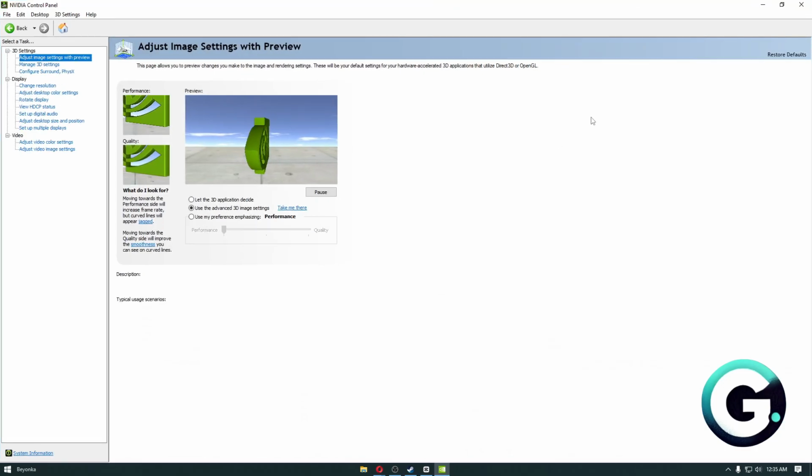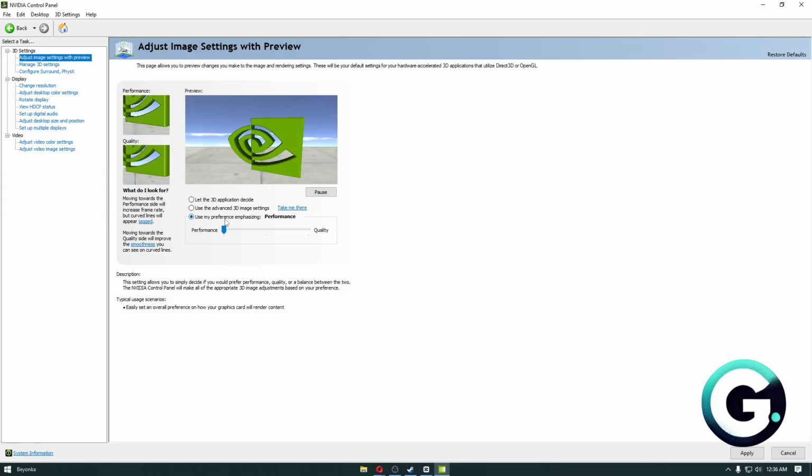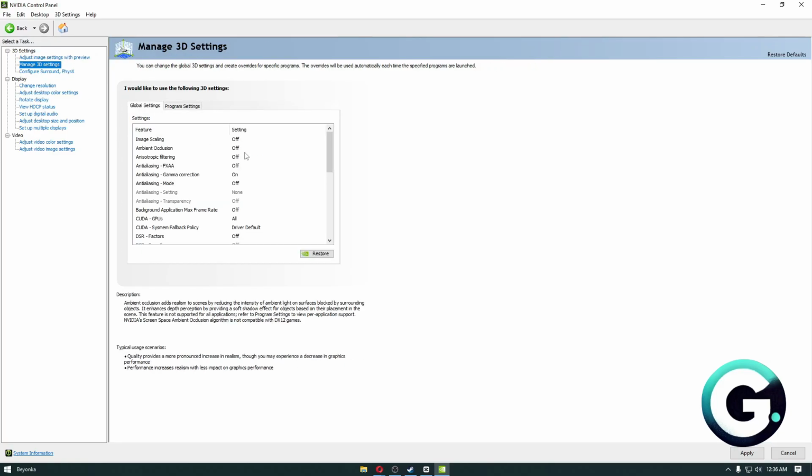So as you can see right here, it's semi-pixelated when we go ahead and set this into performance. Now, since we want the best FPS for our games, you then want to simply click on the use my preference emphasizing, and then you want to drag the slider all the way to the performance option, giving you the best results for FPS. From there, you then want to simply click on the manage 3D settings, and then you want to